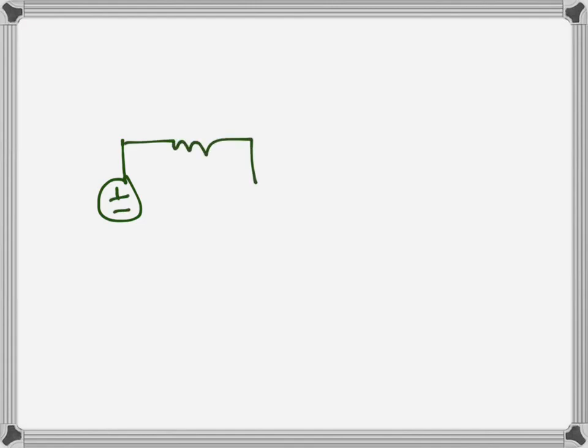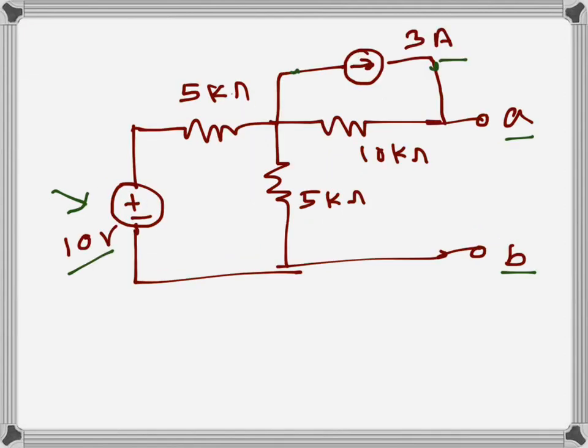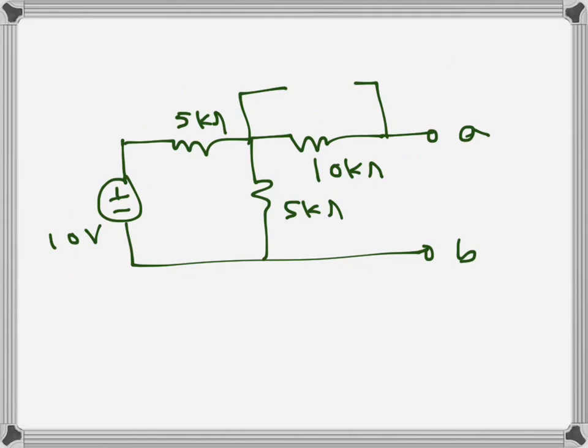So this will be like that, and this is now an open circuit, and this is our terminal A and B. This is 10 kilo ohms, this is 5 kilo ohms, this is 5 kilo ohms as well, and this is 10 volts. Now the current will flow only through this path. It won't go there because there is no return path here. So the voltage drop will be, using a different color, this one will be the voltage drop here,